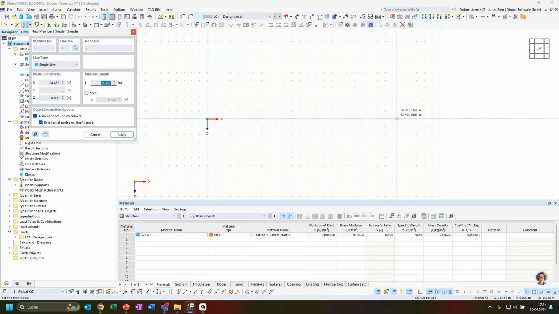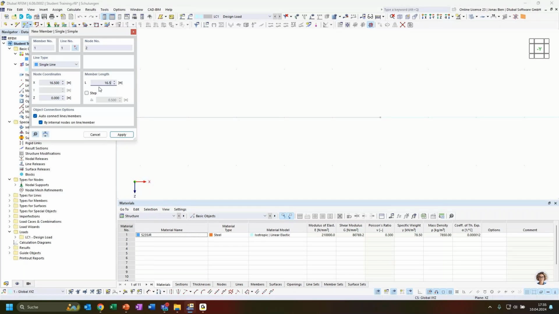The length should be 16 meter 50. I don't have a point to grab here, so it's actually hard to find the correct length. Therefore, I would just use this input dialog to set the length to exactly 16 meter